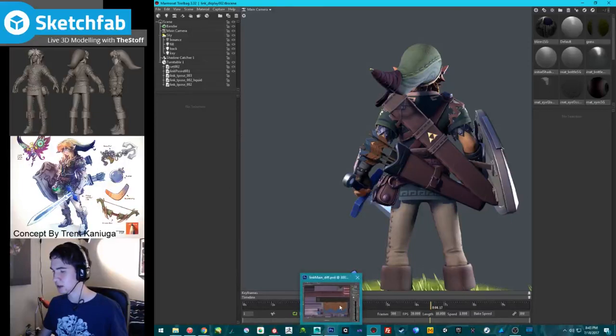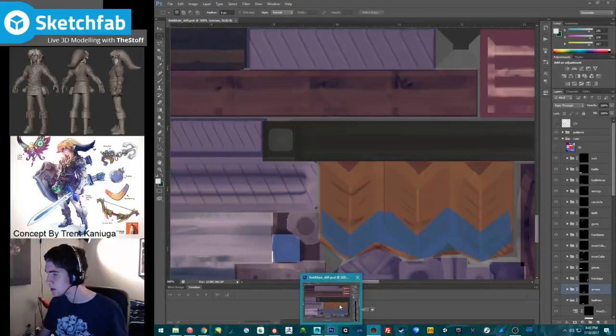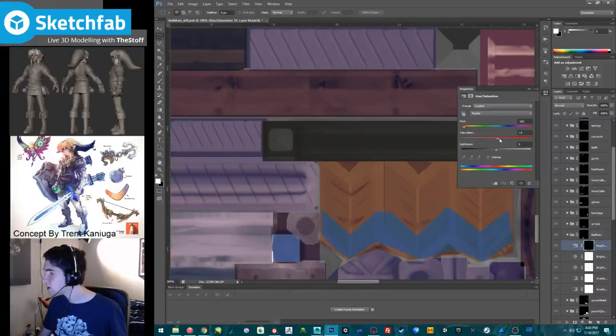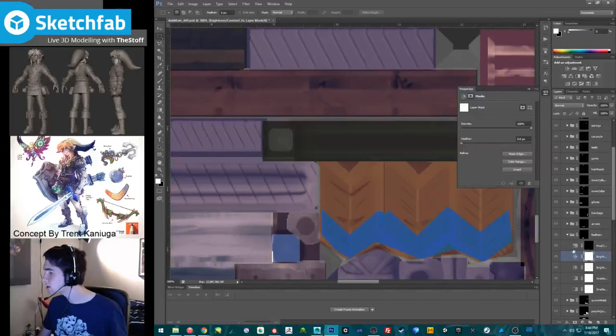So let's get in there and adjust accordingly. Saturation, go! Brighten that up. Brightness, contrast.